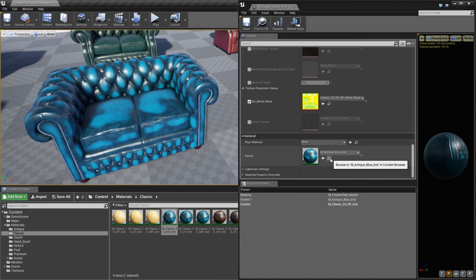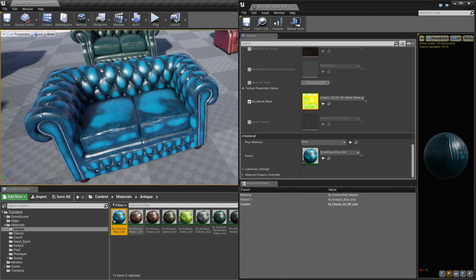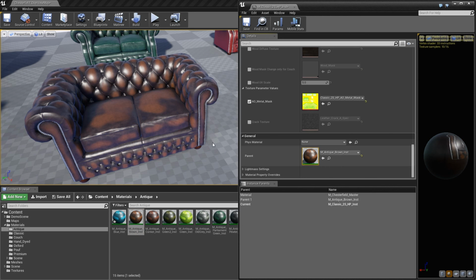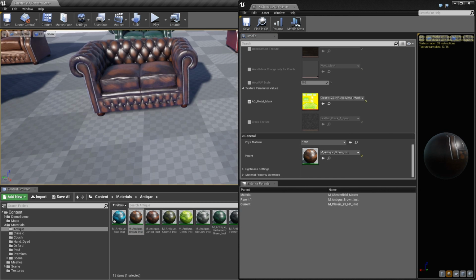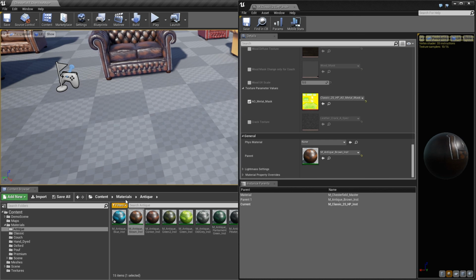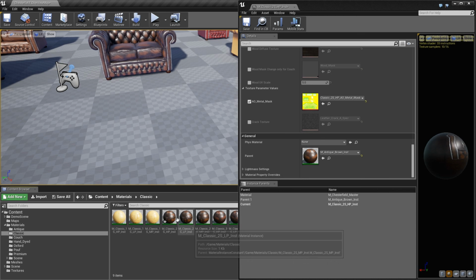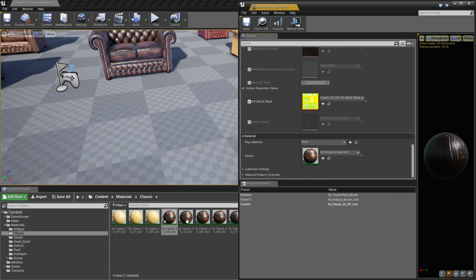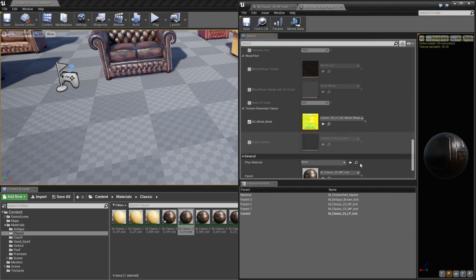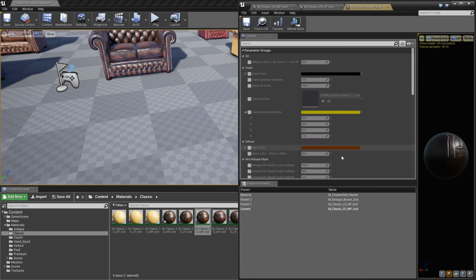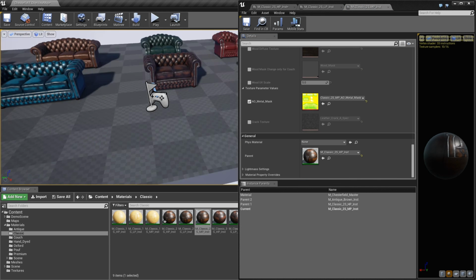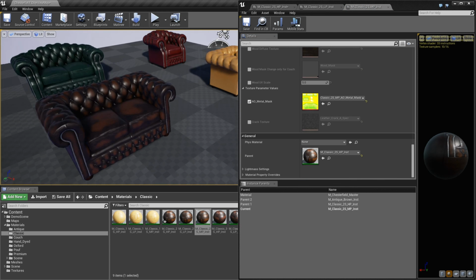And if I go in the color and I want to change to the brown one, maybe I select this one and I go here and put it, and automatically it changes. So if I come back to the classic folder here, you could see the HP, the LP is automatically changed too, and the MP is changed too. So the LOD is set up automatically in the same way.